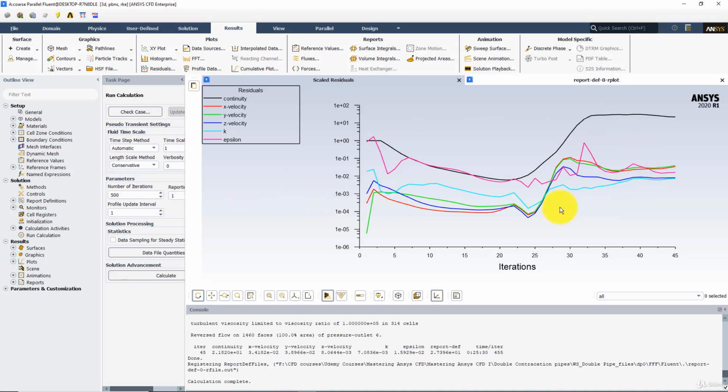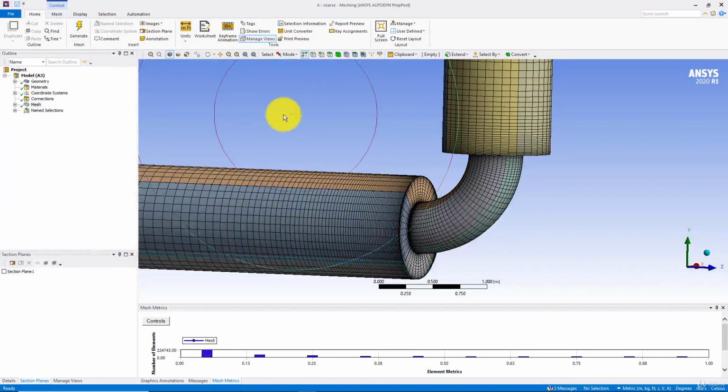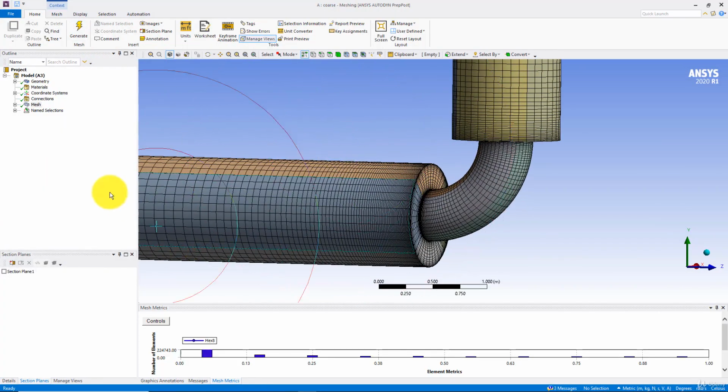And after running this case, I am running into some problem. So now again we have to check the mesh quality. We have refined the mesh in the important regions and taken care of the y plus, but there may be some issues in the quality, that's why the solution is blowing up. So we have to go back to the meshing software and check things again, and then we come back to Fluent. And now we are in the meshing software,